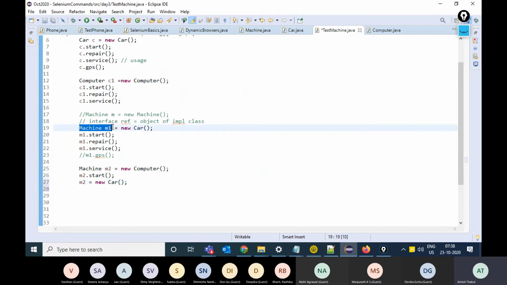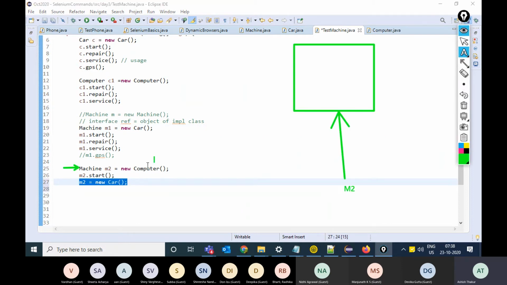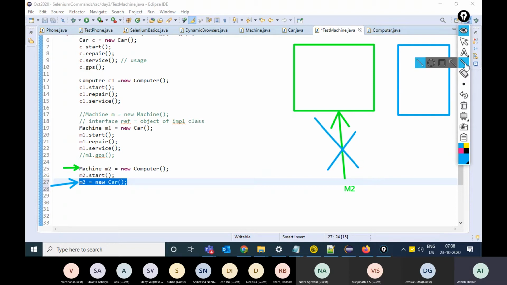Because it's the reference of the interface, it can point towards car as well. So this is the catch over here: M2 will not point over here, M2 will now point towards the object of the car class.